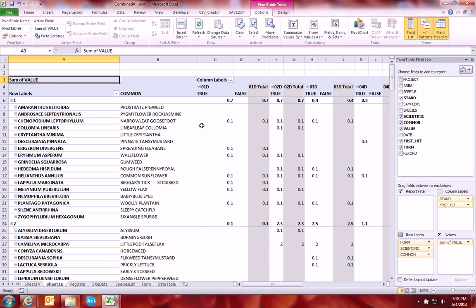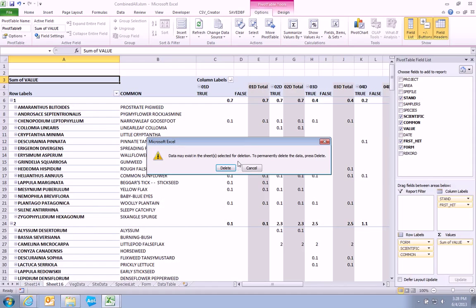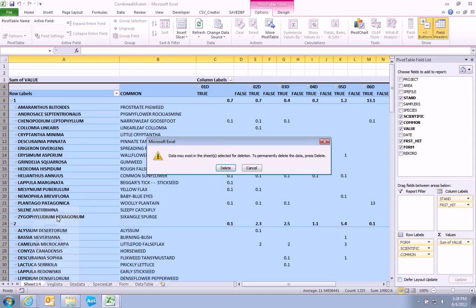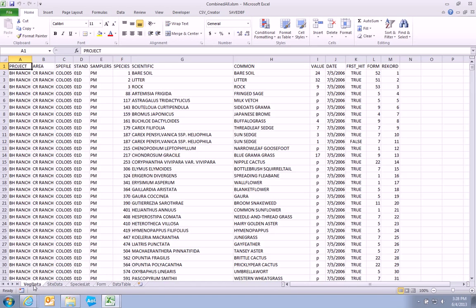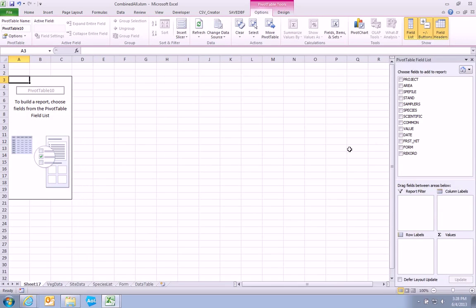And probably the best way to do that is just delete the pivot table. So what I'm going to do is just delete this. Sorry about that. And I'm going to delete this other pivot table. And I am going to try to do it one more time. So we're going to insert pivot table. It's now redefined everything. We're going to go in with growth form,